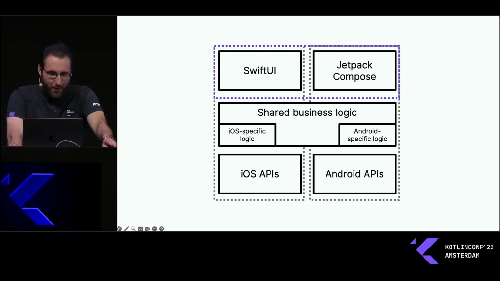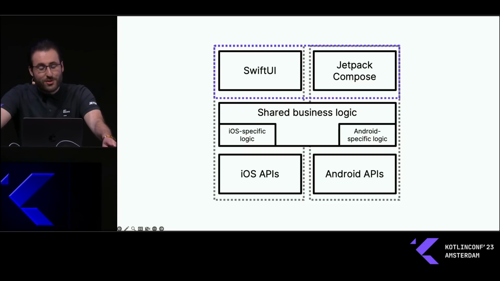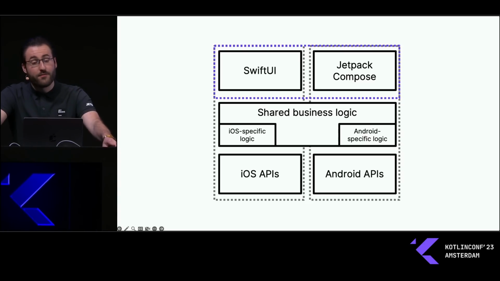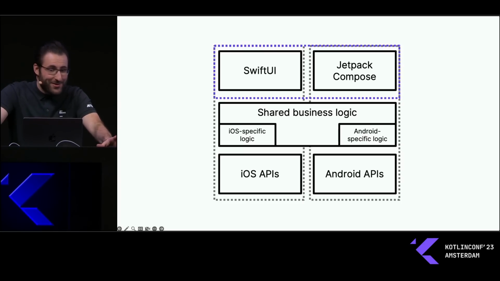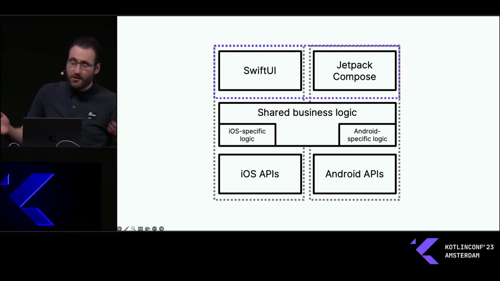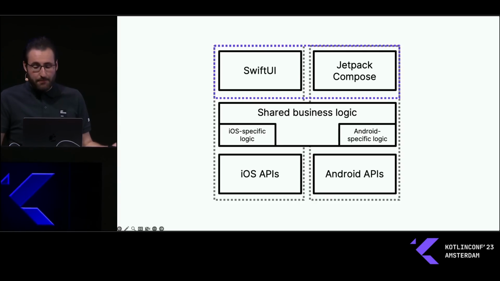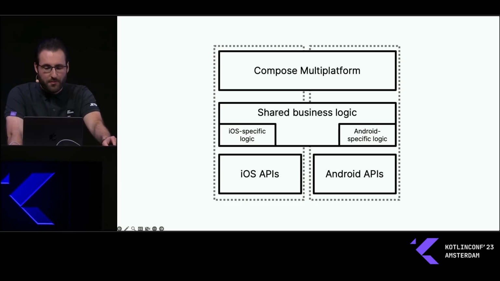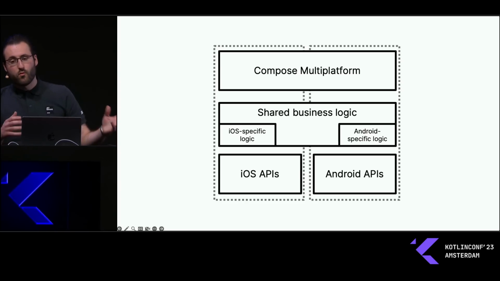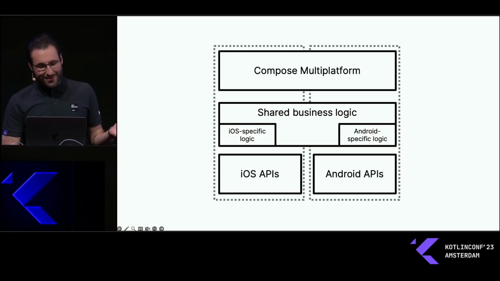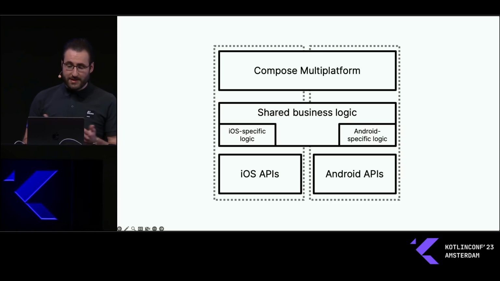But there's one part missing here, and that's a solution for when you don't want to build and maintain native user interfaces for your target platform separately. Because maybe you don't have enough people, maybe you don't have the time, or maybe because you just really want to get your app out of the door and in the hands of as many people as soon as possible. That's exactly the thing that Compose Multiplatform enables. It allows you to implement your user interface once and then use it for all the platforms that you target. In this scenario that you're seeing here, that's iOS and Android, but you can absolutely throw desktop and web in